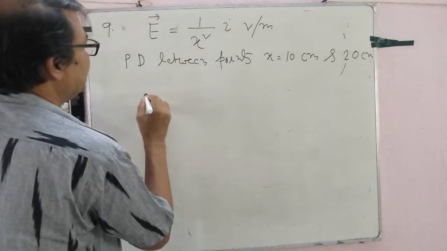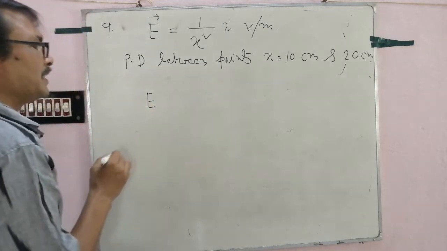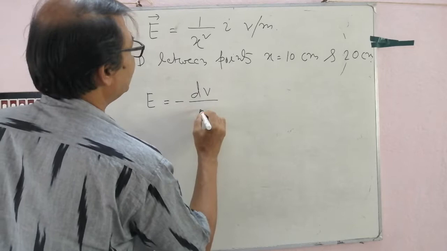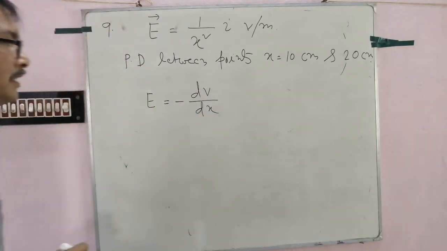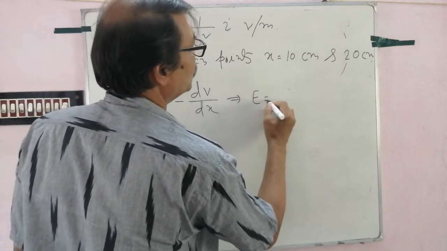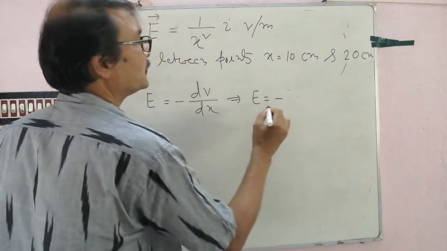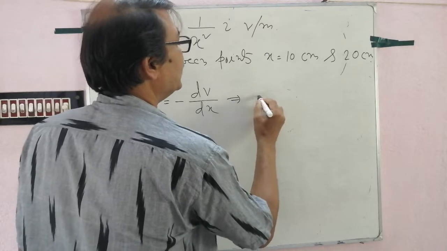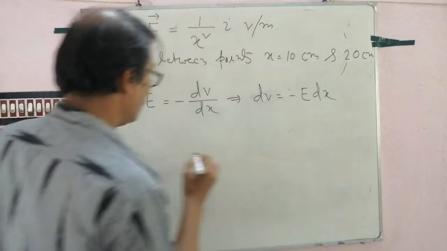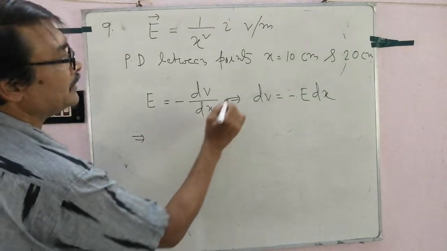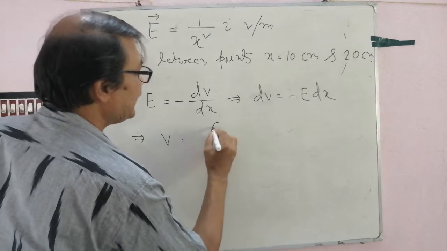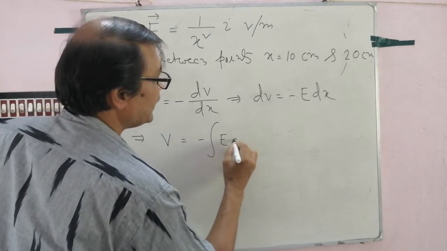We know, it is discussed in my third class lecture, E equal to minus dV by dx, that is dV equal to minus E dx. So potential difference between these 2 points, V equal to integration of minus E dx